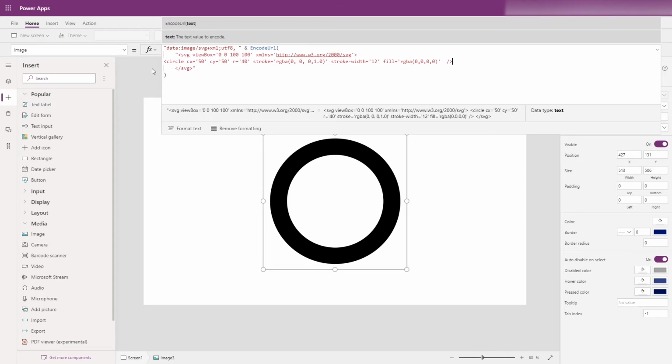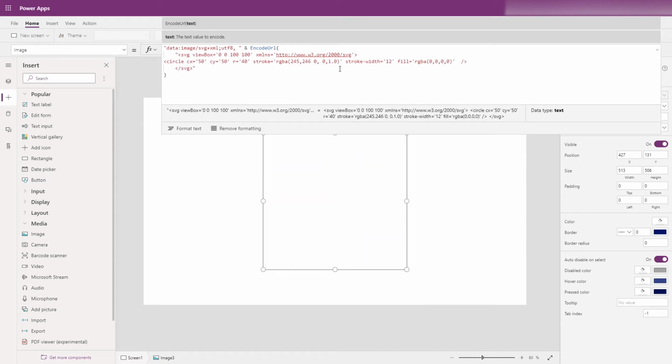Okay, so we have our circle on the screen here. Like I said, it's a thick width outline on the circle with a transparent middle. What I'm going to do first is create a copy of that circle and then adjust the stroke color, and we're going to turn this to a very, very light grey,